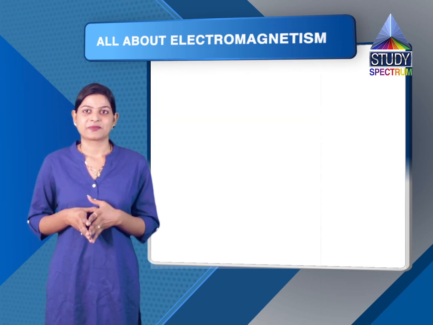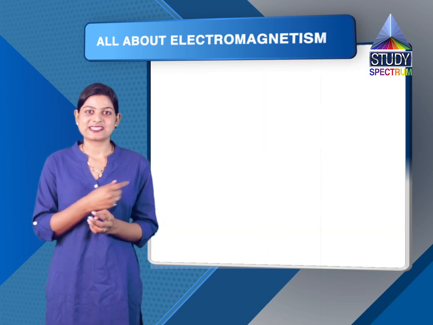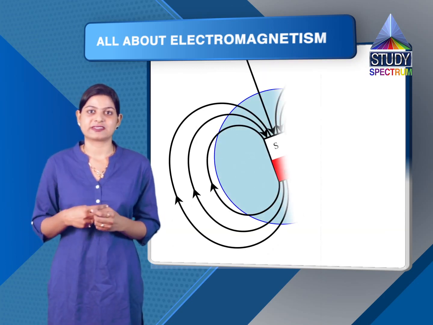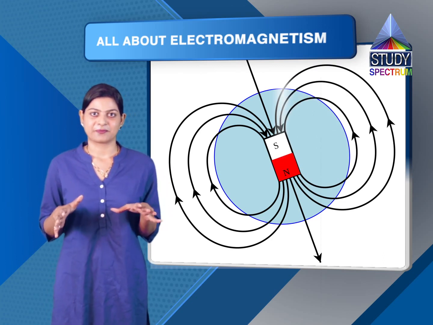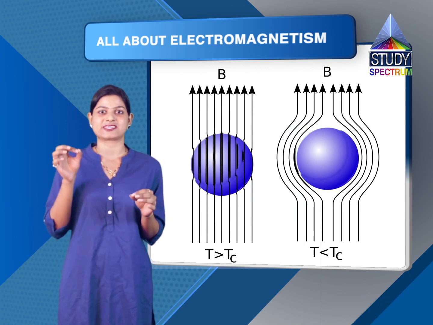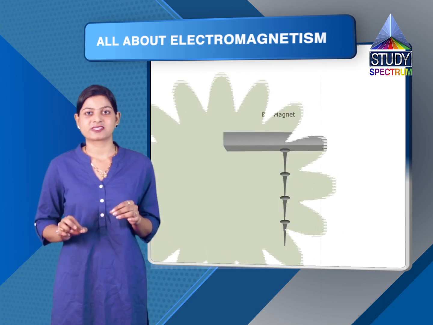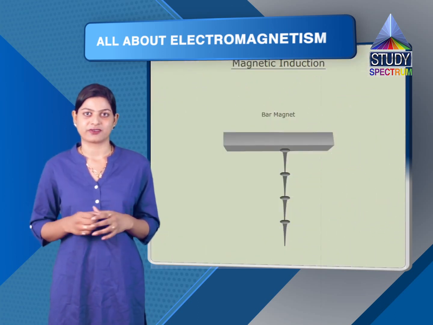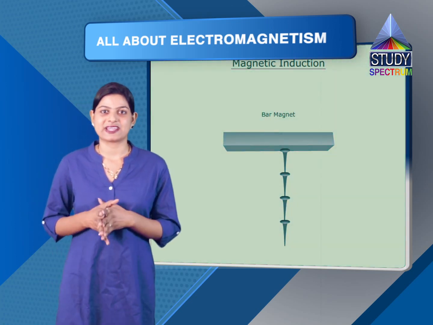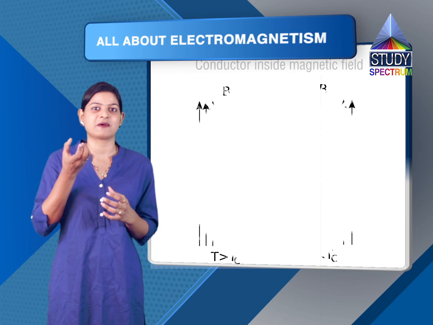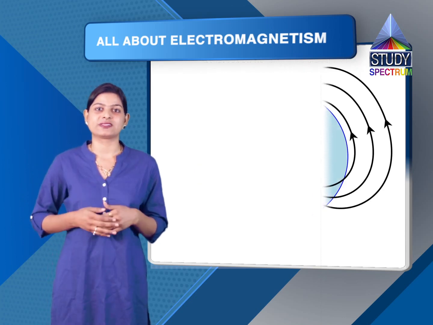So in this way, we can state that wherever there is a magnet, it has an area of effect. That area of effect is called magnetic field. And if a conductor is placed in that magnetic field, it gets magnetized. This is called magnetic induction. So, this is how we can define or describe magnetic induction. Any conductor which is placed in the magnetic field gets magnetized and it starts attracting towards the magnet.